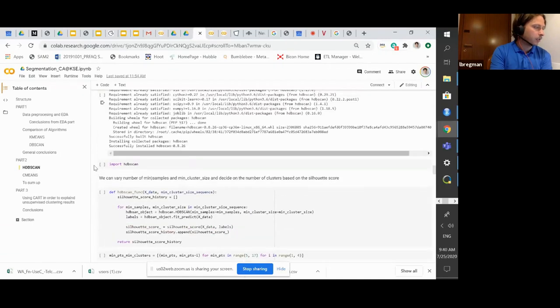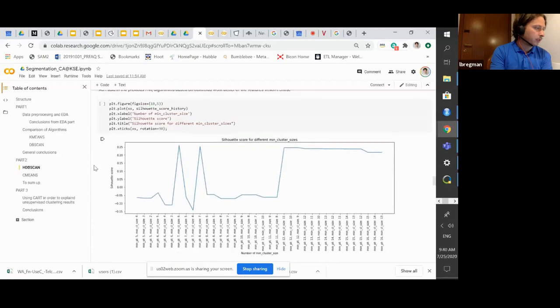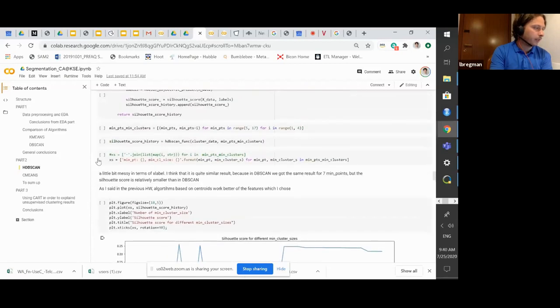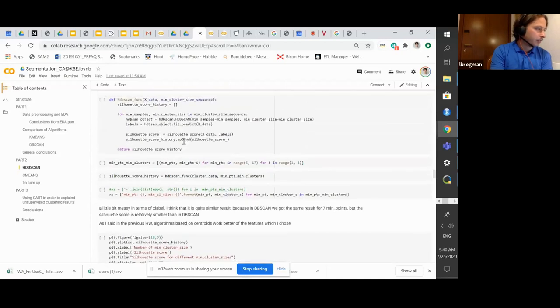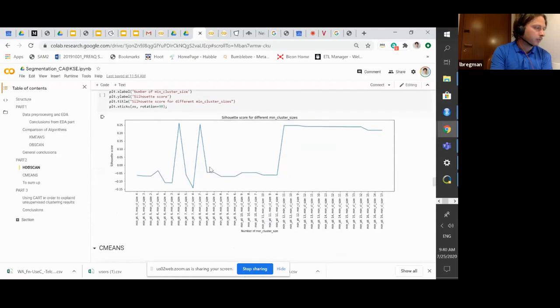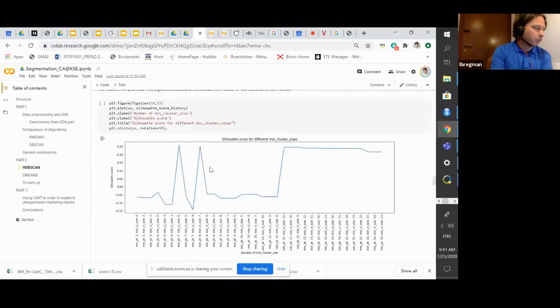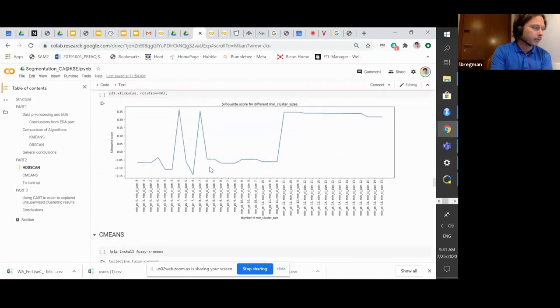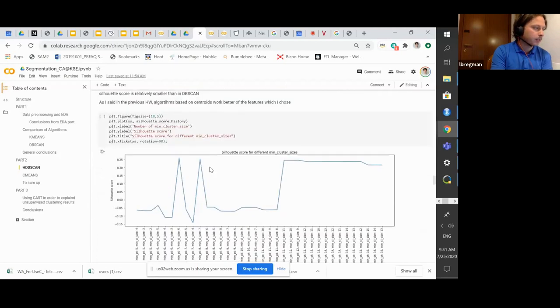I will not rerun it right now, but I will just walk you through it. Here you can play with this HDBScan implementation. And here is just one visual on how to pick the minimum cluster size in HDBScan.